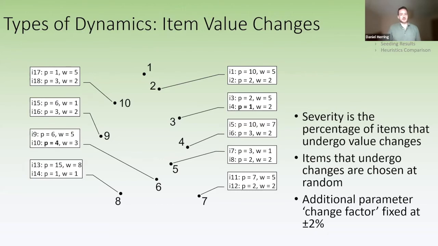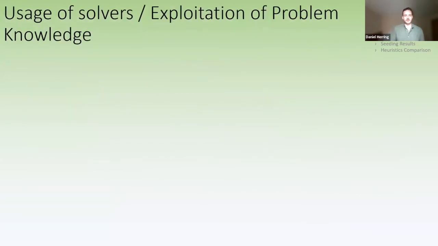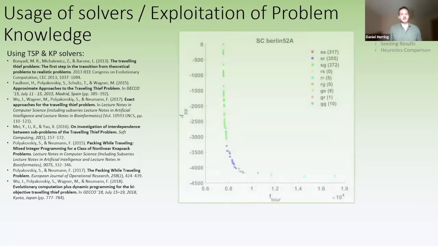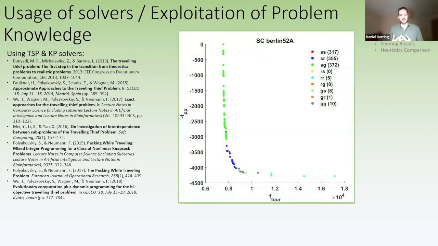Now to try and find some solutions to these novel instances I've proposed. A variety of exact and approximate methods have been employed to help find solutions to the traveling thief problem without dynamic changes. And across many of these, some exploitation of knowledge about the problem is common. For example, employing TSP solvers and knapsack solvers to provide the starting point for heuristics tackling the interconnected traveling thief problem. Naturally, different initialization and initial set construction methods were compared, and the contributions of an aggregated, non-dominated set